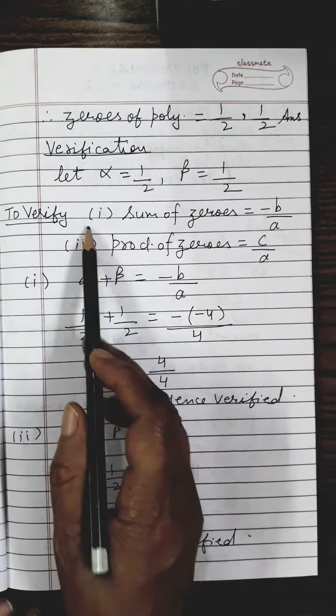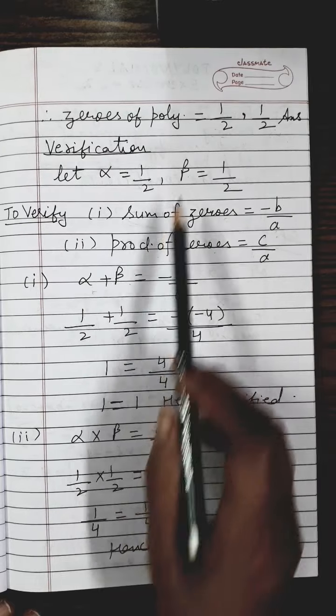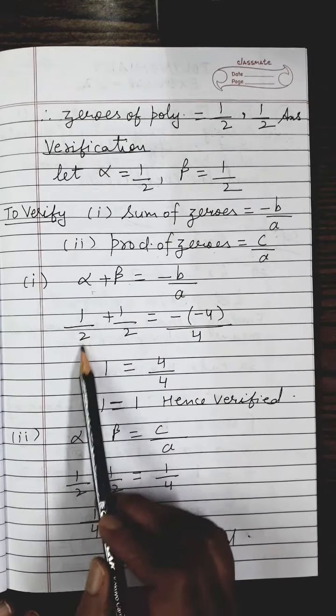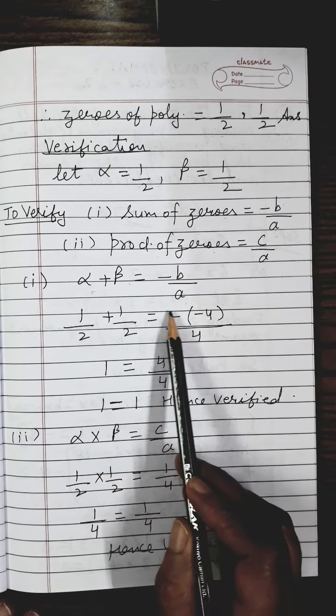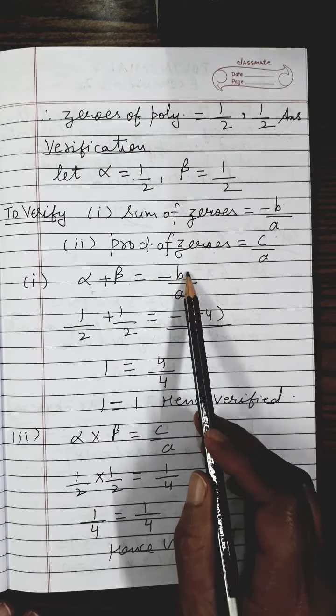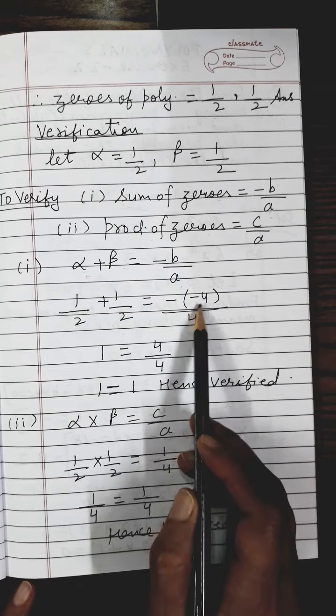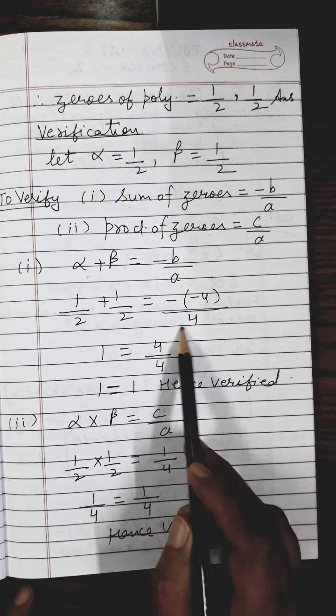So on the left side I will write alpha plus beta equals, this is your right side, minus b upon a. Alpha is half, beta is half. So substitute the values of alpha and beta. So left side becomes half plus half equals, this sign is of the formula, minus, and what is the value of b? B is minus 4. I can show you this side. B is minus 4, A is 4 and C is 1. So pick up the values of A, B, C from that. So how much will you write here inside the bracket? B is minus 4 and A is 4, right?